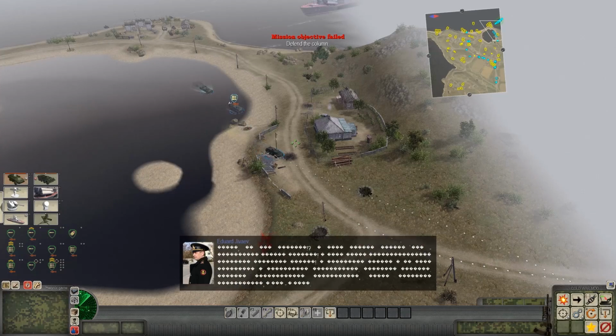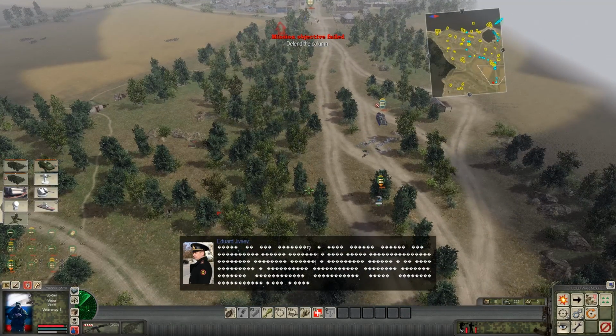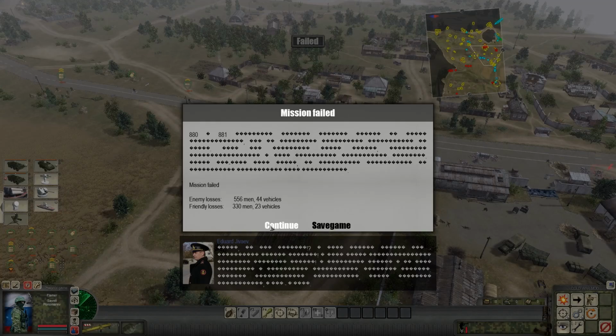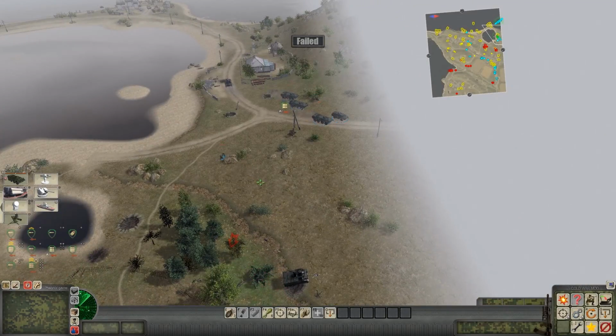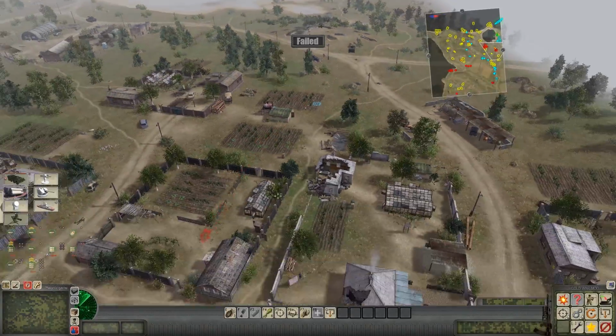Defend the column has failed. Okay. Apparently we failed. Again, I don't even know where the hell things are coming from. Okay, apparently we've... What? Mission Dude, I don't even know what to do. We're supposed to defend the column, but it was failed because the column wasn't defended? What? So we cleared the village, but the column...